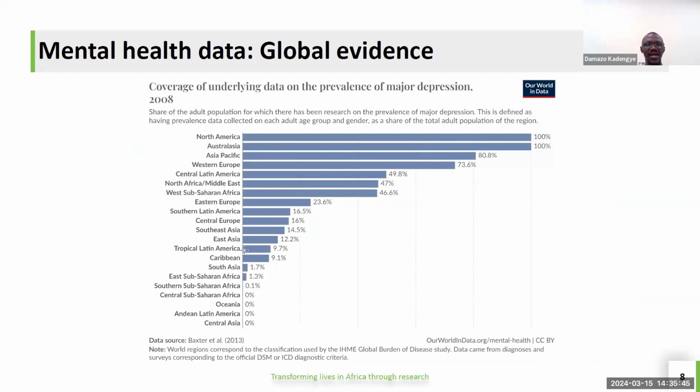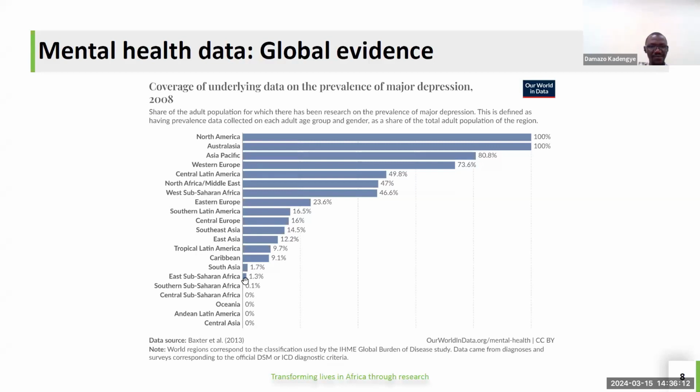The coverage of underlying data on prevalence of major depression. This is a specific one, so we are looking at depression. And that was as of 2008, which is a bit outdated anyway, and it's obtained from Baxter in 2013. But we can tell from here that when it comes to Africa,